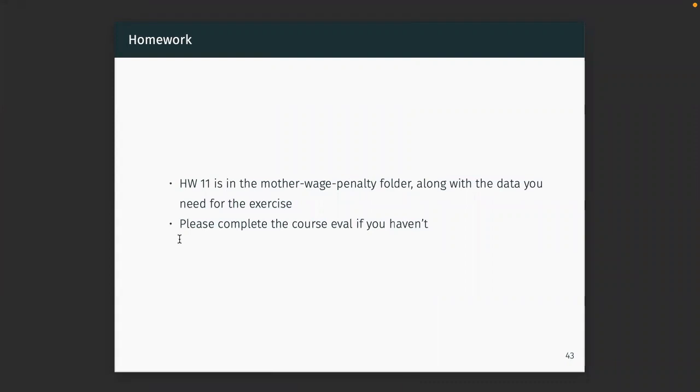And otherwise, this has been, for me, I think a much better semester than last semester because we're actually in person, and it's nice to be in person again. And y'all have been great. And I do want to thank you for your patience on the